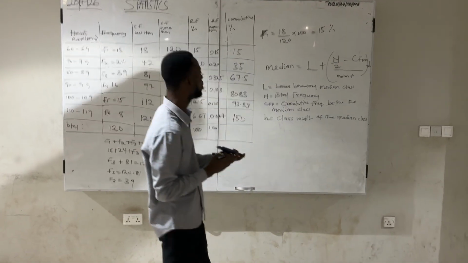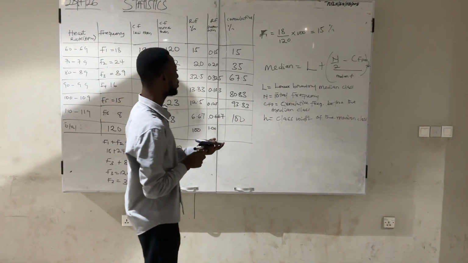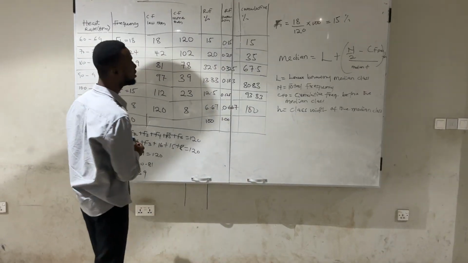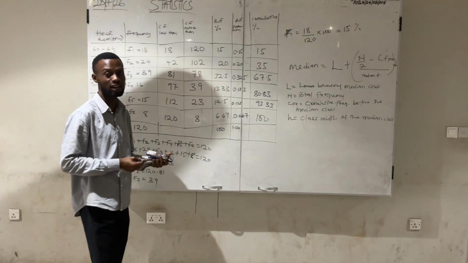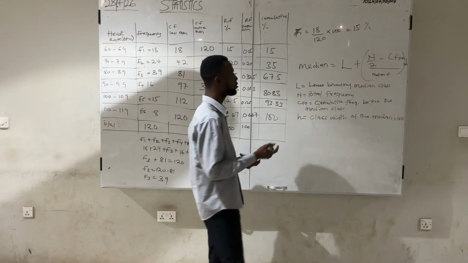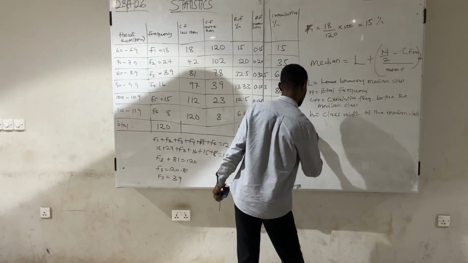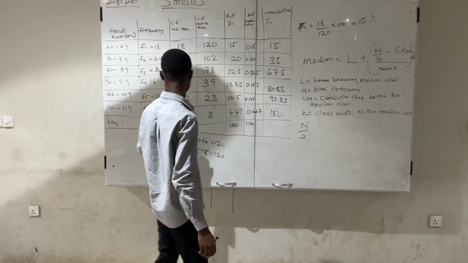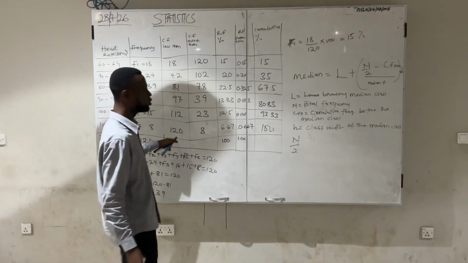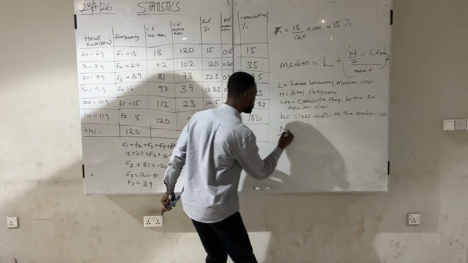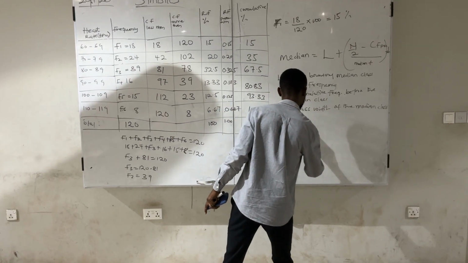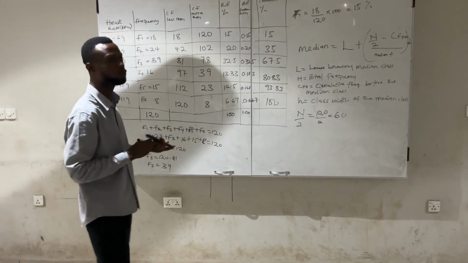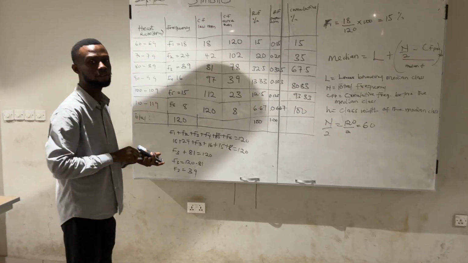So for us to get the lower boundary of the median class, first of all, we have to find the median class. For us to find the median class, it is the frequency divided by 2. We know that our frequency is 120, so we divide the frequency by 2. 120 over 2 is 60. So it means that our median should fall on the 60th position